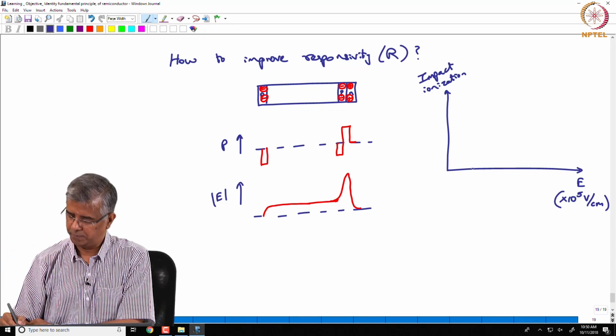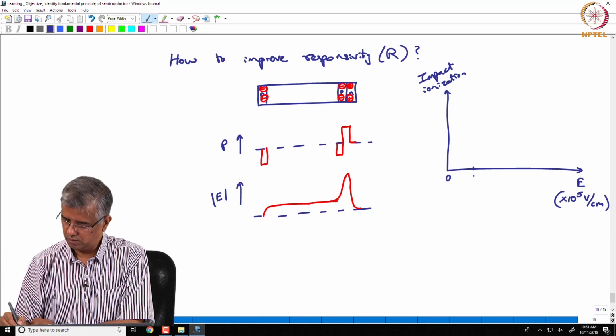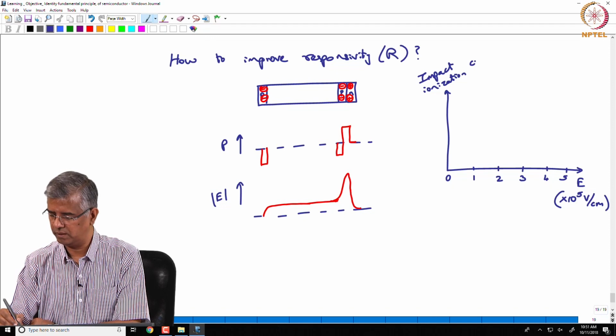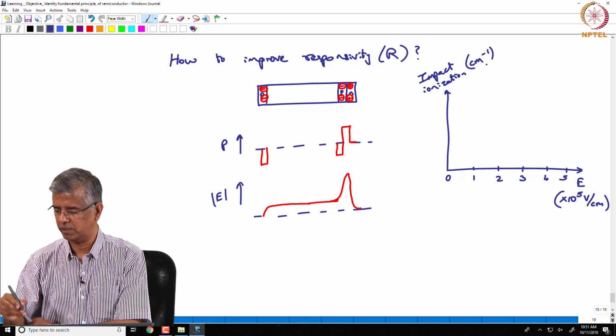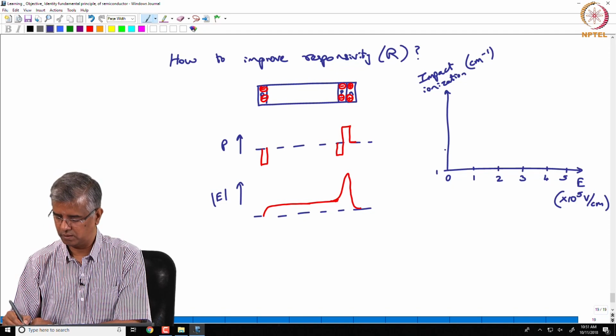Okay. 0, 1, 2, 3, 4, 5, and this impact ionization coefficient is in inverse centimeter, and that is 1, 10,